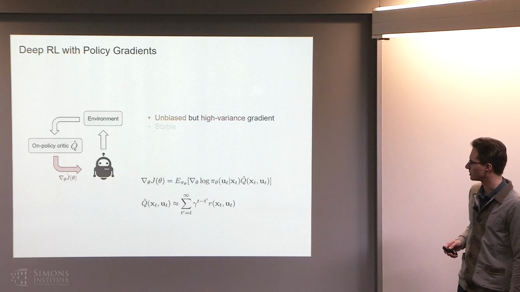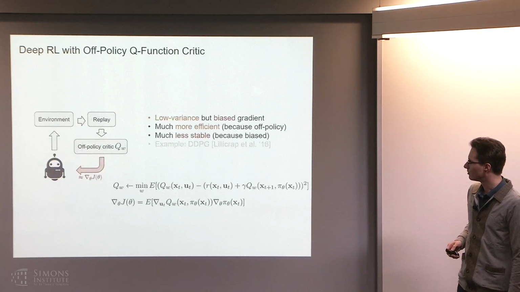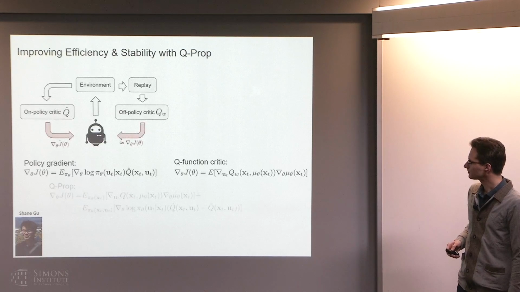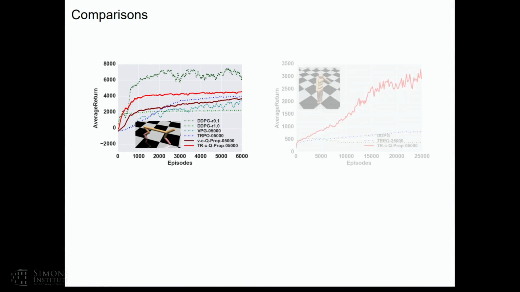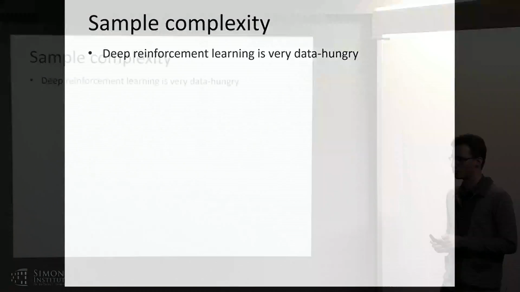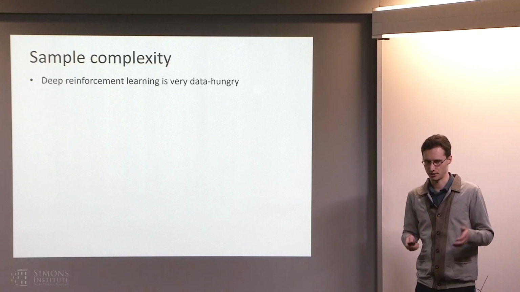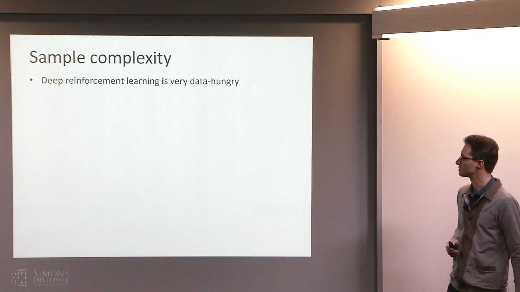This part I'll skip because I'm running a little low on time, but one of the things I wanted to talk about is some of the trade-offs between the imitation learning methods that I showed before and reinforcement learning. So one of the trade-offs is sample complexity. Generally, model-free reinforcement learning methods, especially when used with deep neural network function approximators, tend to be quite data hungry. And that has actually been a major challenge in applying them to real-world problems.